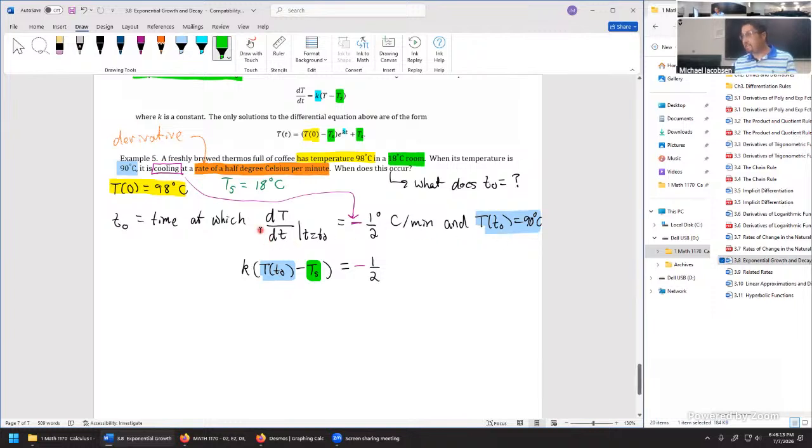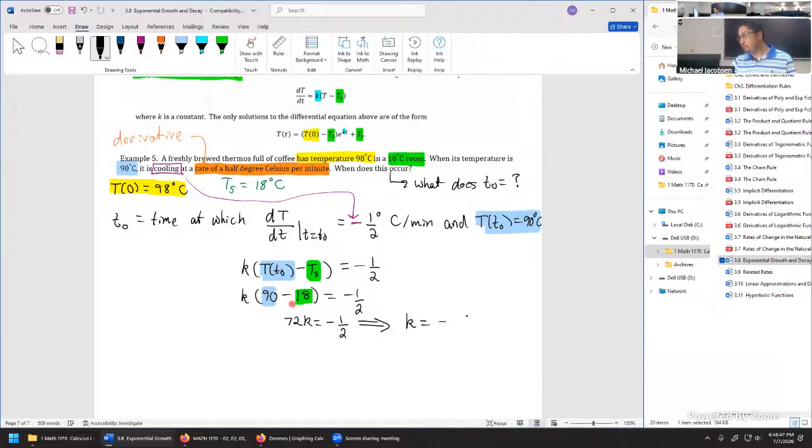Okay, so far all I've done is taken the derivative, used the right hand side of this formula, plugged in time T naught, and so now we can say K times 90 minus 18 is -1/2. Let's maintain that color coding to show where these came from. And so now this is starting to simplify kind of nicely. This just means 72K is -1/2. If we divide by 72,